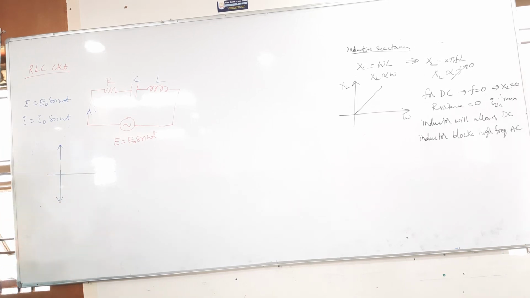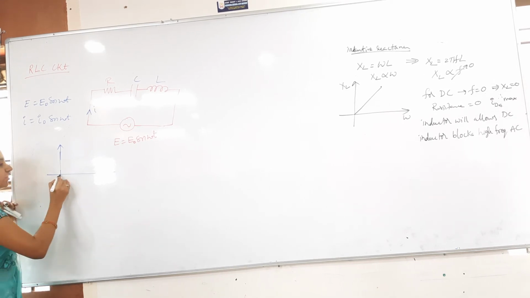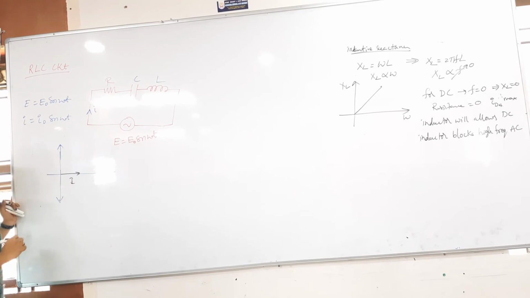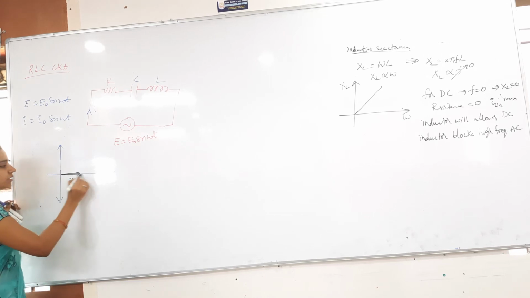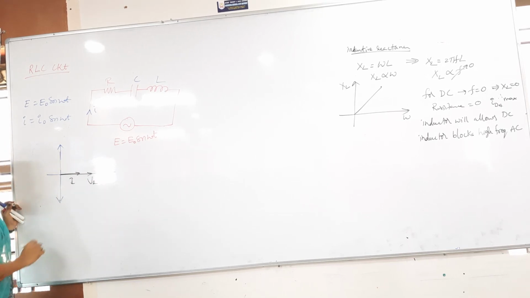Here there is no current, directly we will take all the voltages only. In the resistor circuit, where did you get the voltage? On the x-axis, correct? Current and voltage were in the same direction. Otherwise I will draw the current for reference purpose. You just tell me the voltages. I have drawn the I here. In the resistor circuit, voltage is in the same direction. So this is the VR I have taken.